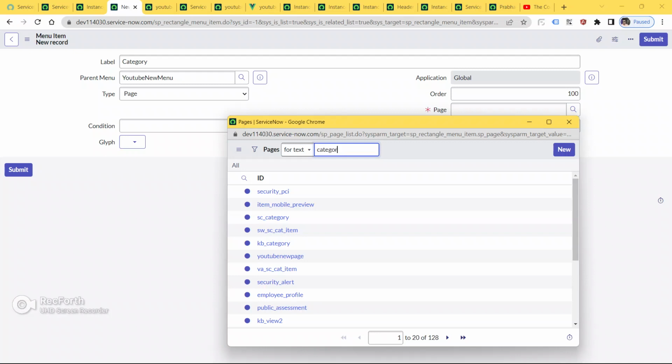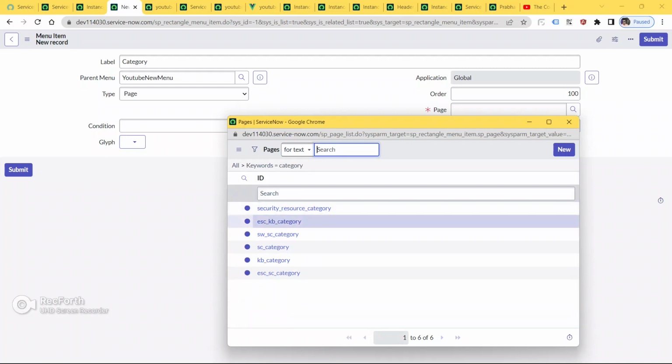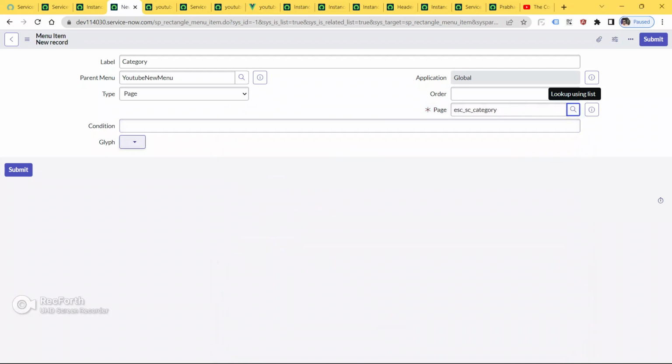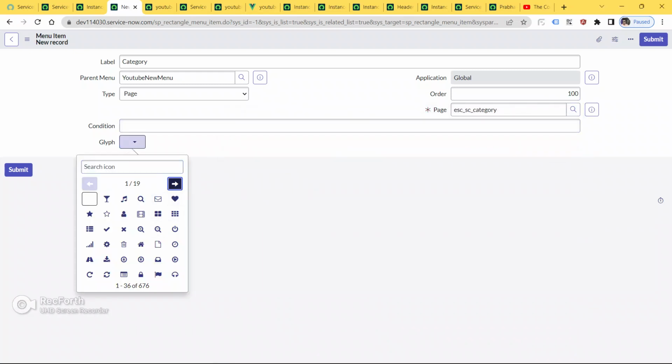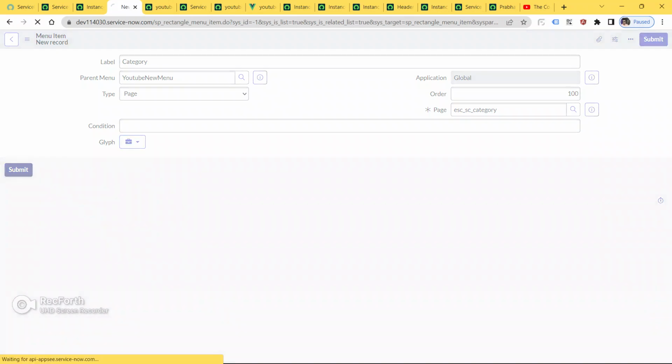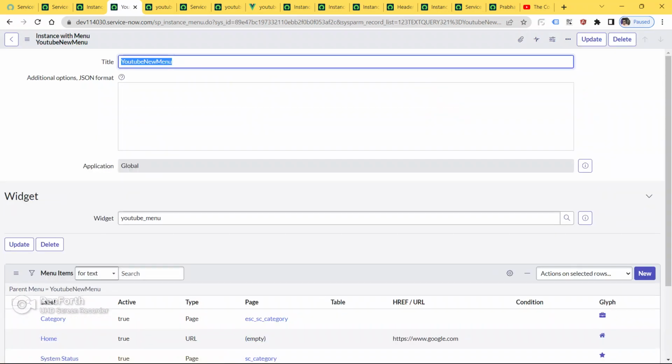So I'm gonna put ESC_SC category. Okay, provide the icon also. So I'm gonna put this briefcase, as an icon. Submit it.